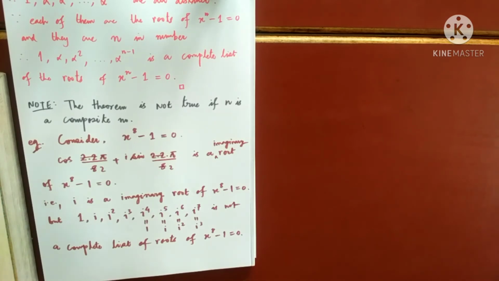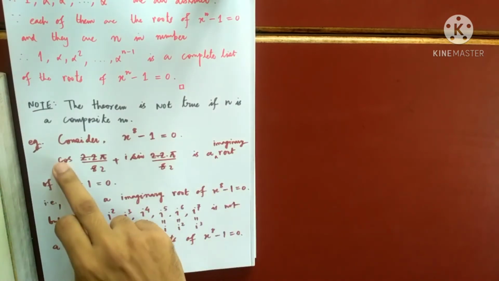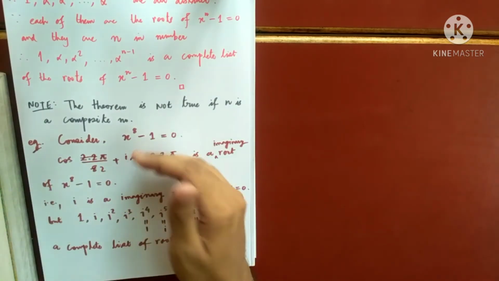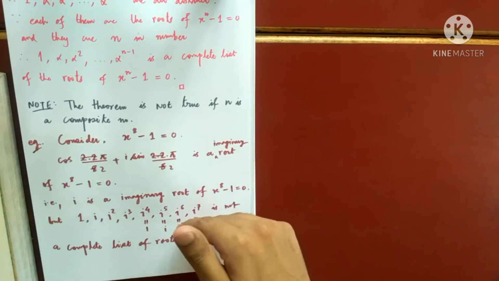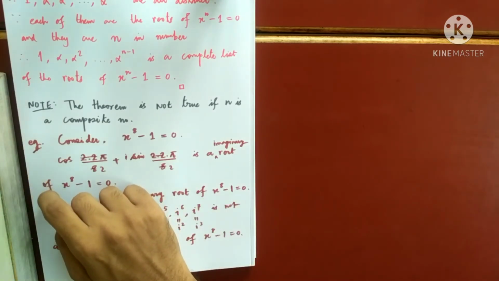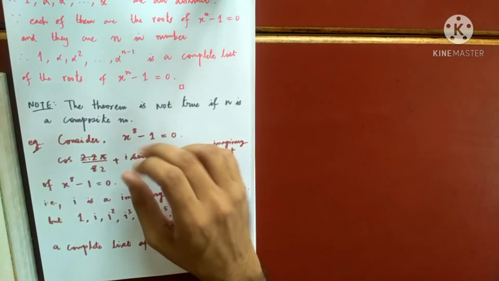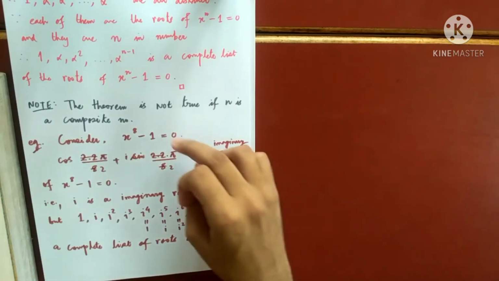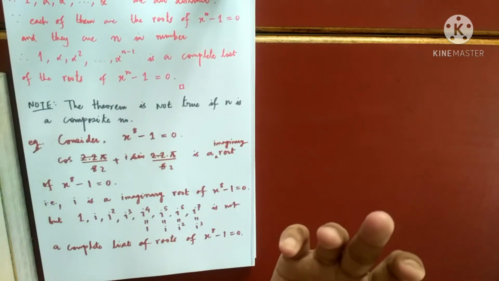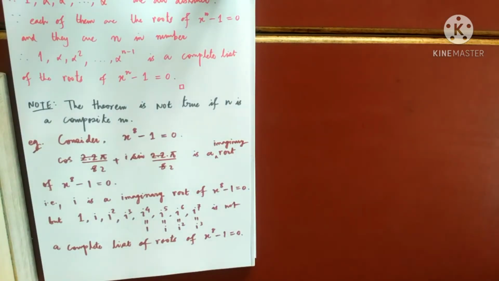So we'll talk about special roots in the next class. This is not a special root because it is not giving us a complete list of roots. But if I had started with some root beta, with k equal to 3, then we'll see that the powers of beta give a complete list of roots of this equation. So beta is called a special root. We'll talk about special roots a bit later.